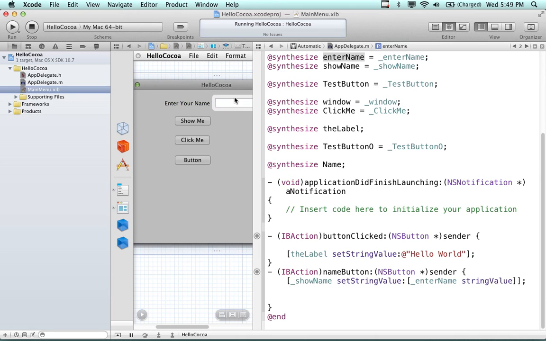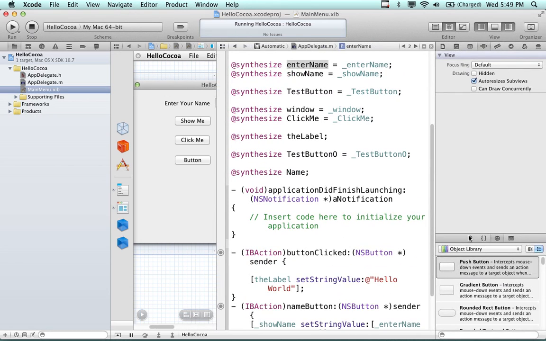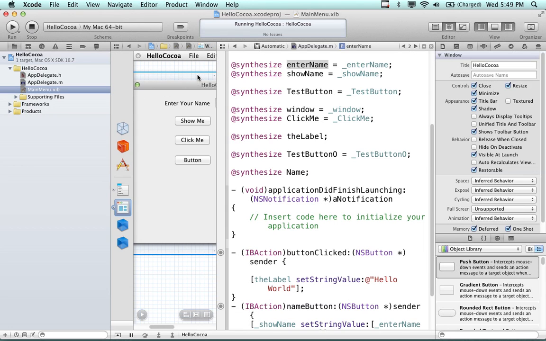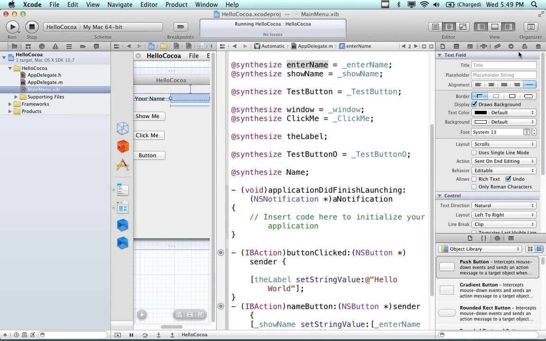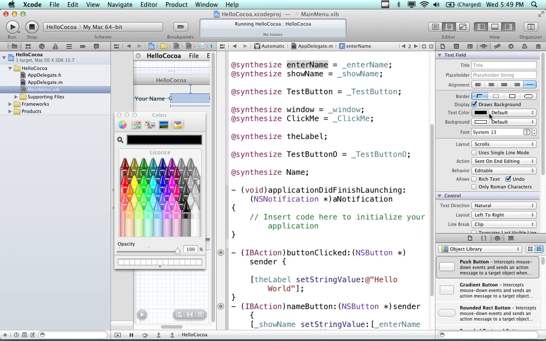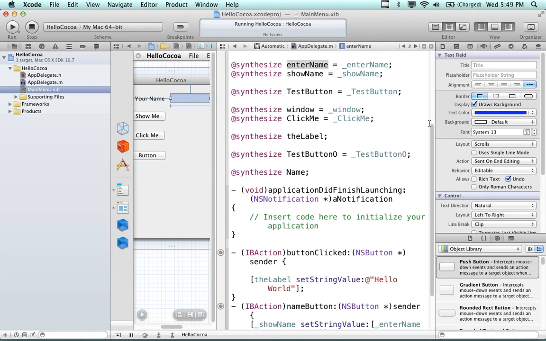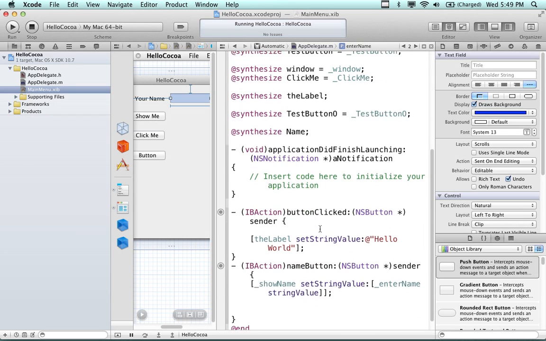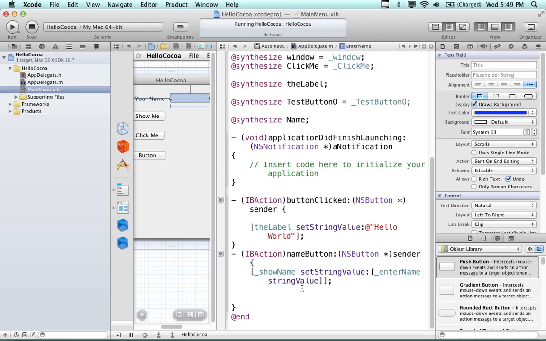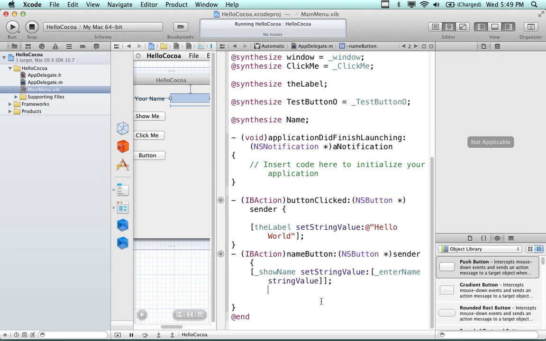So we can also change the properties by looking at them over here. If we click on the right window over here, there we go. We see all these properties here, so we can actually change, let's say for example, the text color on the box itself, or we could do it programmatically by running the methods. So as an example, one of the methods I believe is set color. So I could, as an example,